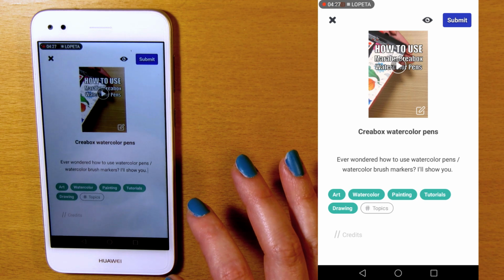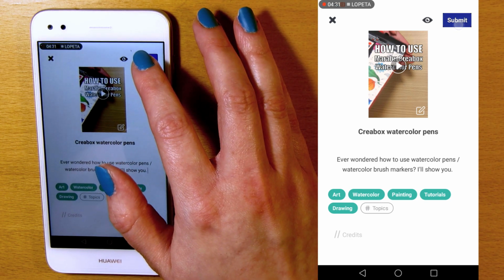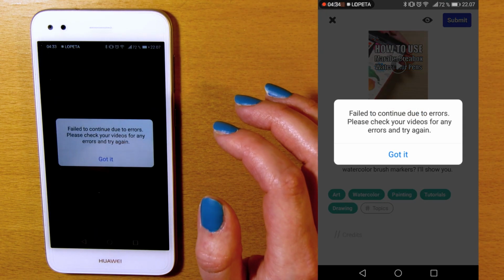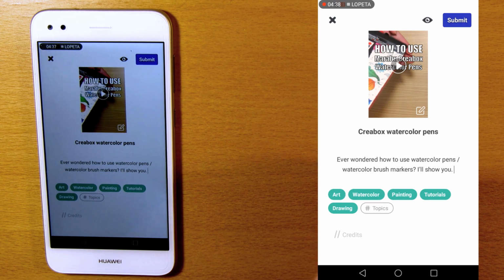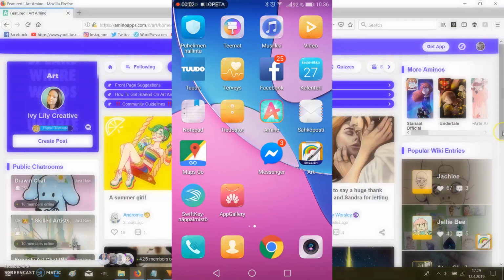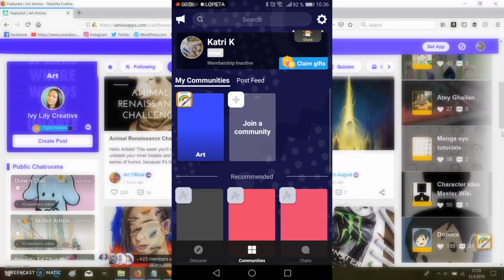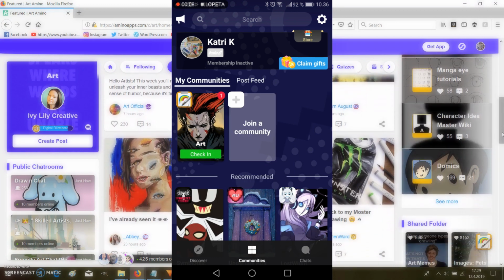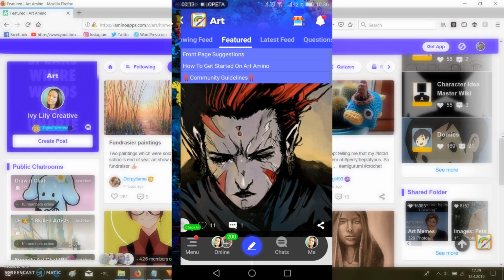If you have problems with submitting your story and you get an error message when trying to submit, but you think you followed the instructions correctly, just close the app, wait a while, come back and go to your drafts and try submitting the same story again. You don't need to go through the uploading and editing process again. It will be there in the drafts as you left it.